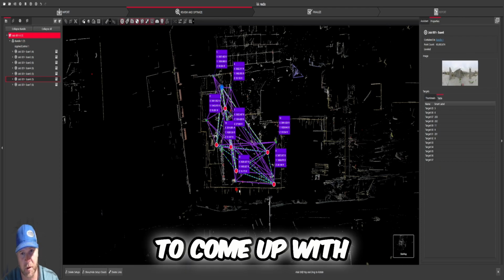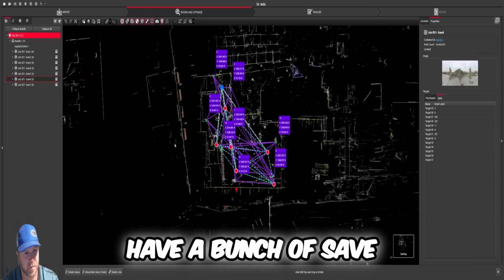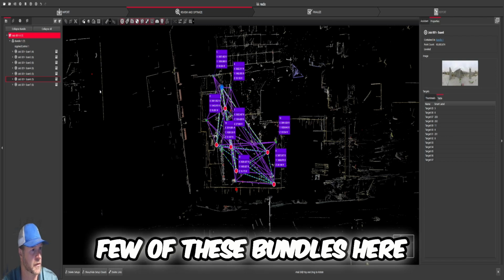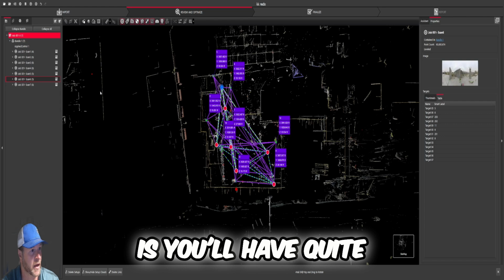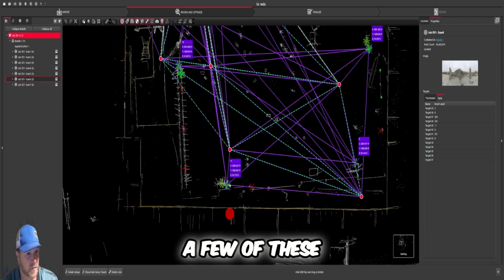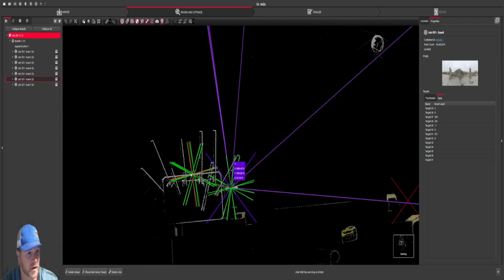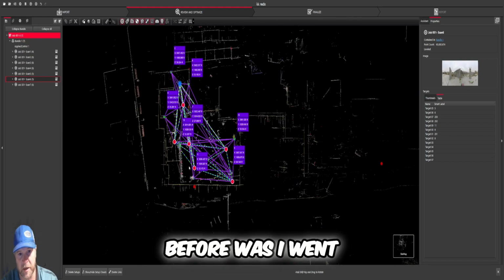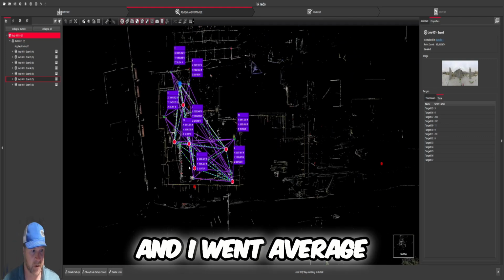Hit save. I already have a few of these bundles here. So what you'll have is quite a few of these 203s and 202s. So what I did before was I averaged